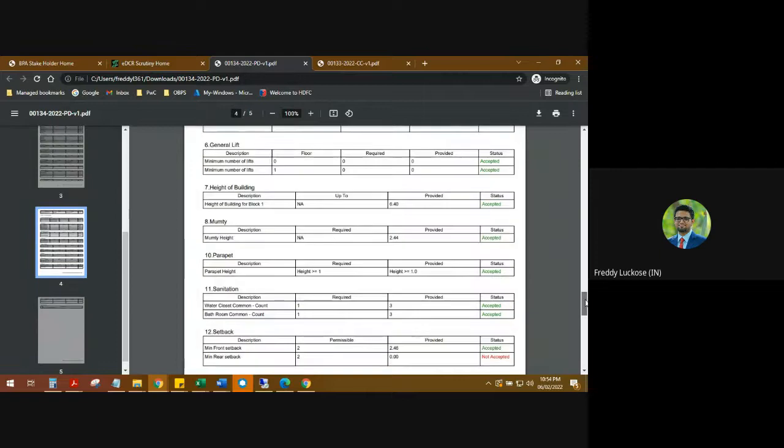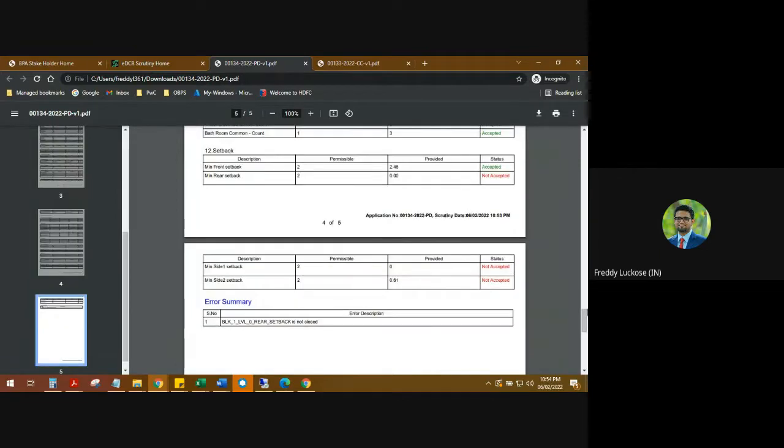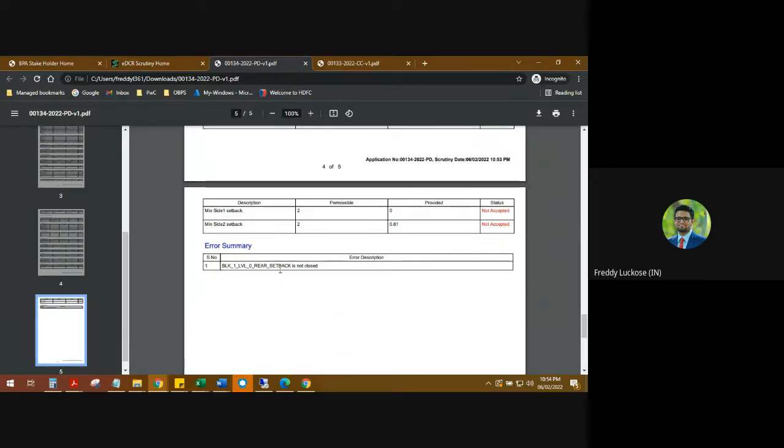And coming to another common issue that comes up, the statement might be similar to other layers also. So here, as you can see, it is written block 1, level 0, rear setback is not closed. So whenever you get a similar error stating that some specific polygon is not closed, the only thing you